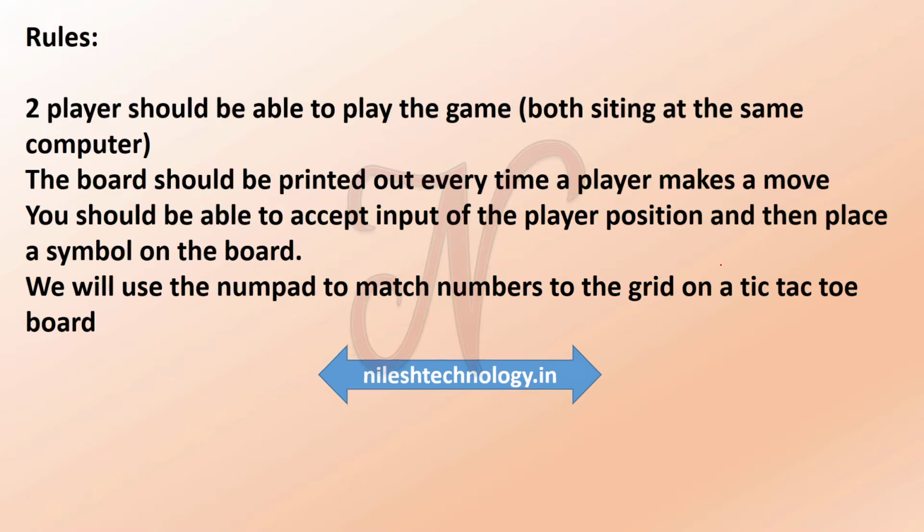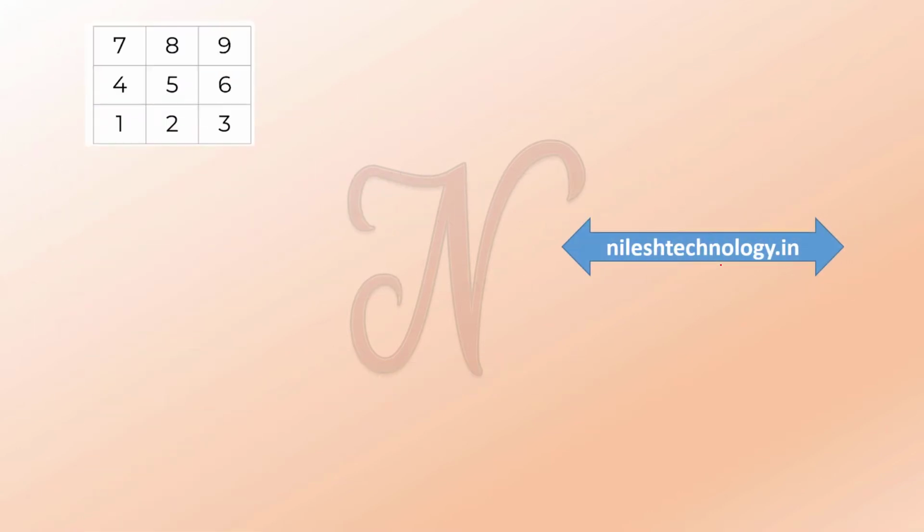So see here, we are going to be using the idea of a number pad. If you have a larger keyboard, often it has a number pad to the right of it, and we are going to match those numbers to the grid on a tic-tac-toe board. It's up to you where you want your number pad to go on a keyboard. It looks like this.